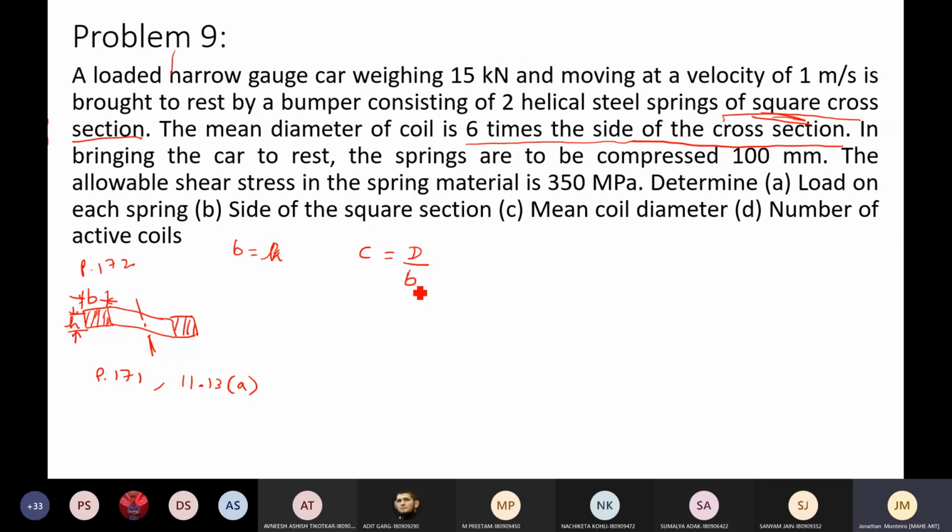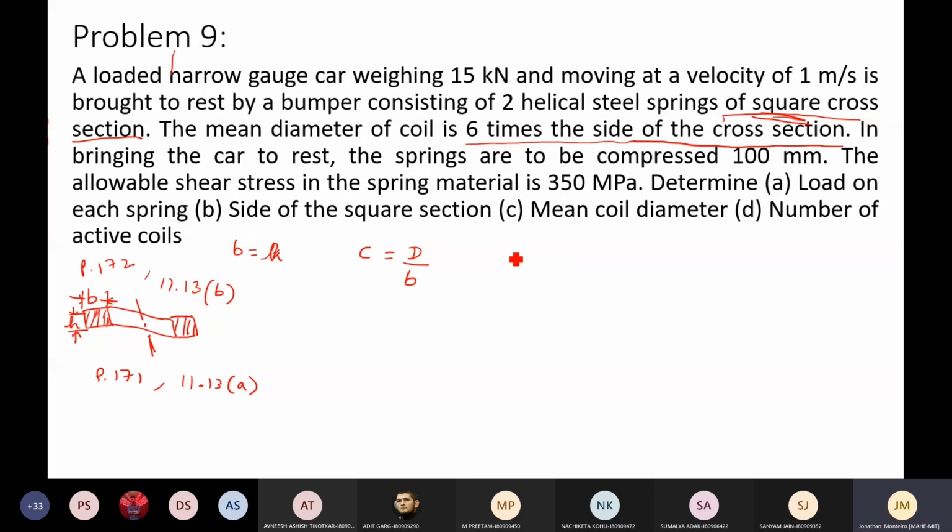Remember, this constant is all embedded in the formula itself, 11.13, the big one that you see over there with all the parameters. That gives a tau, and C and other parameters are also included. Okay, we'll solve that later. Then what about the deflection equations? Next page, page 172, equation 11.13b and so on. All equations with respect to rectangular cross section springs are found here, so we'll use this and solve it.